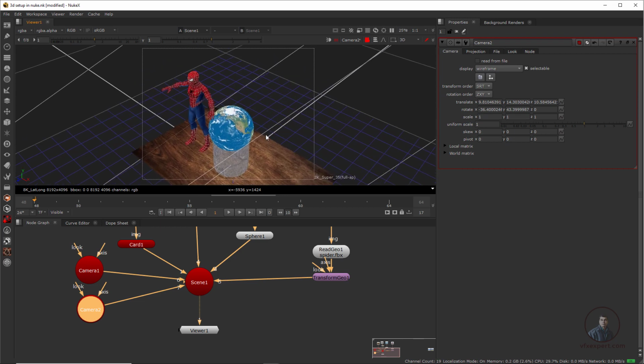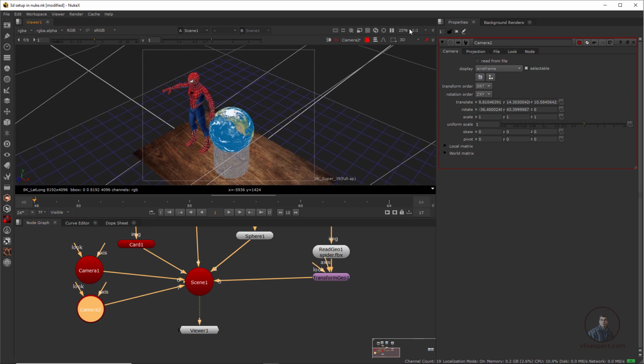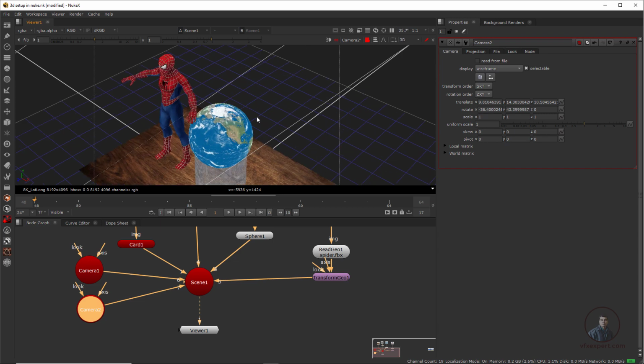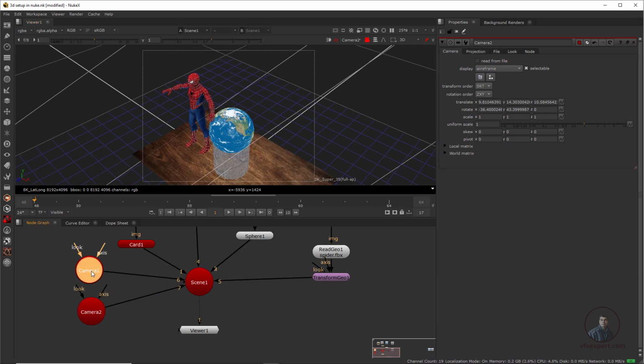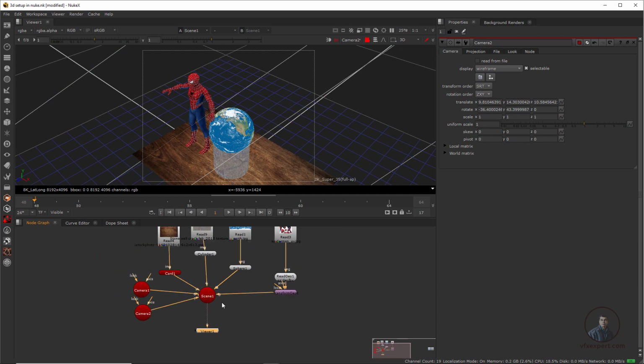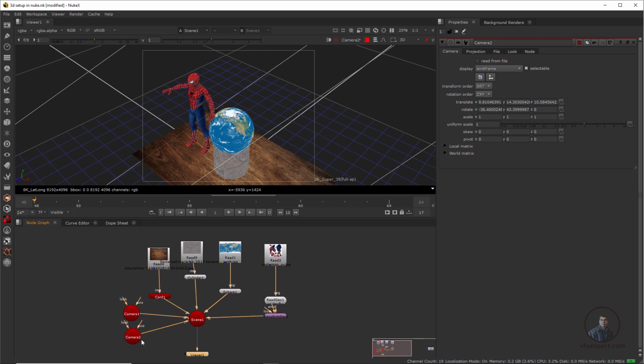Like this, you can also create a new camera directly through your perspective view here. Now here I have created these 2 cameras. You can simply switch between camera 1 and camera 2 here. Like this you can switch here. Now finally, I am going to render this scene through this camera.